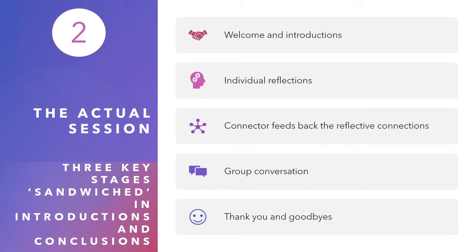Each person in the group is invited to share their reflections for 5 minutes or so. If you've got a group of around 6 or 7 or 8 people, 5 minutes each is plenty. Very often, Bridget and I would start off with people saying, oh, I can't possibly talk for 5 minutes. And then they get to the point of speaking for 8 or 9 minutes and you're having to step in to thank them and ask them to conclude their individual reflections. But this is key. Each person present shares their reflection.